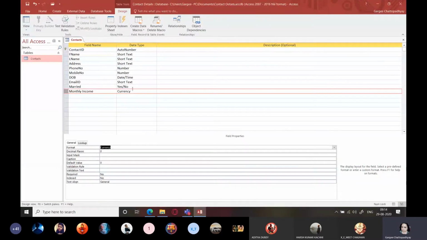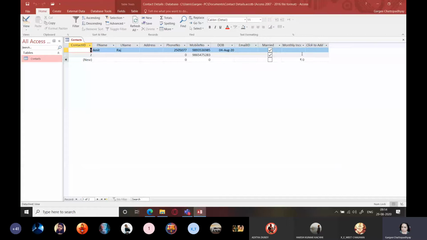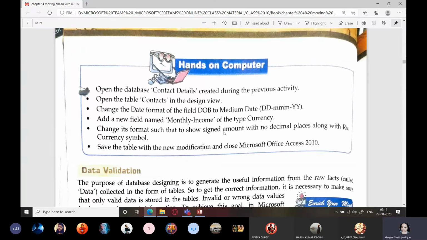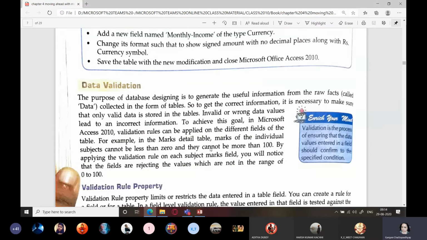Any field which has been set with currency data type automatically takes up the currency symbol. You switch to view and you will already see this currency symbol over here. I type anything and you will automatically find this currency symbol over here. Next is change its format. Okay, we have done save the table with the new modification. We have done that also.